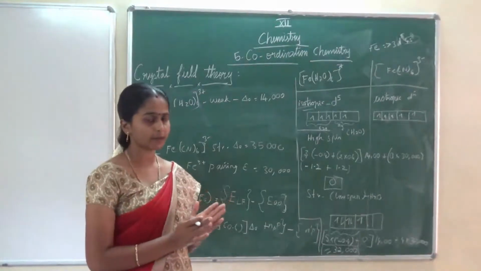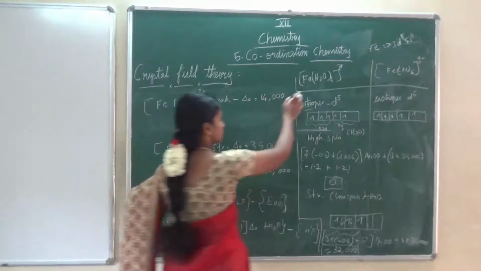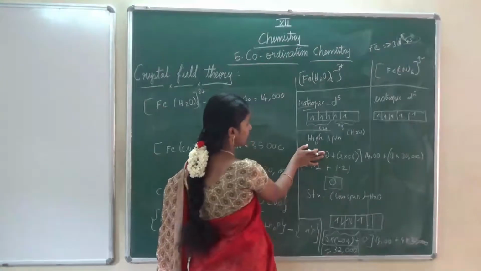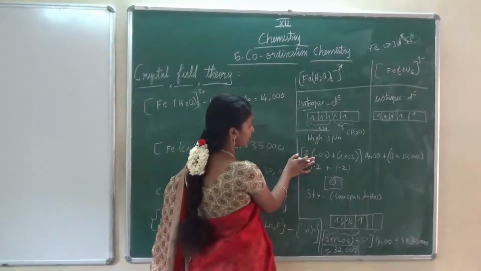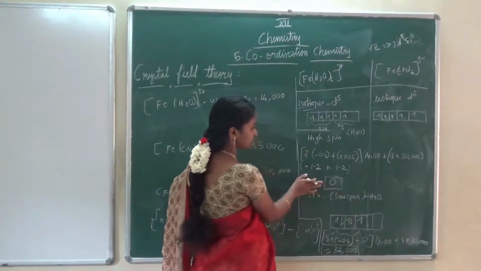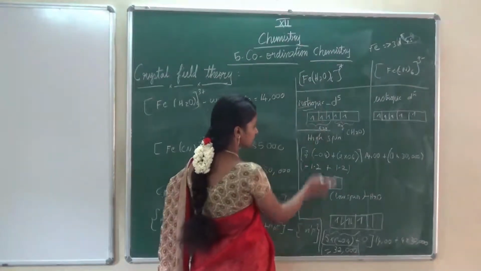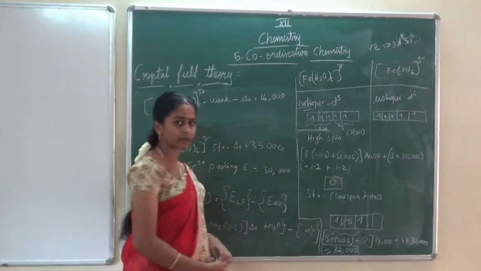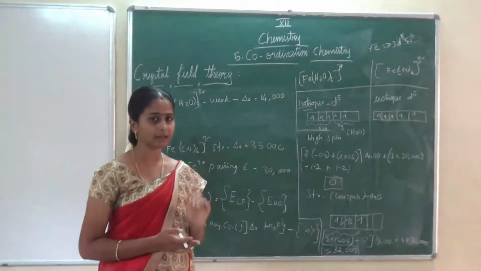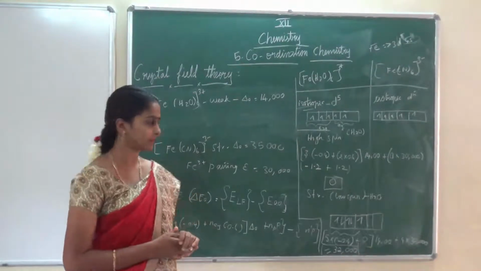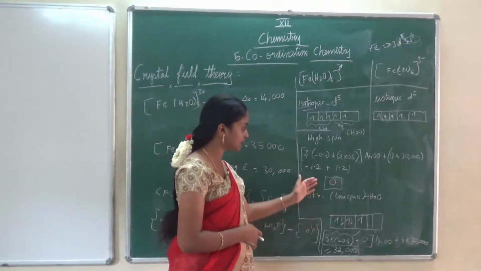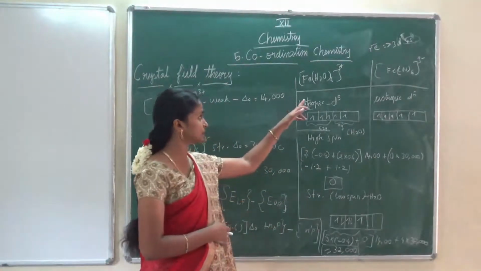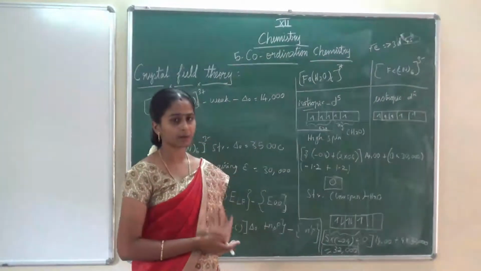So when you are comparing these two values for the same complex, Fe(H2O)6 3+, here we have considered this complex as a high spin complex. When we consider it as high spin, we got the crystal field stabilization energy as 0. When we consider the water complex as low spin, we get the crystal field stabilization energy as 32,000. I said the stabilization energy must be less, then only the complex will exist. Comparing the two, the high spin complex has the lesser energy. So this Fe(H2O)6 3+ complex is a high spin complex.